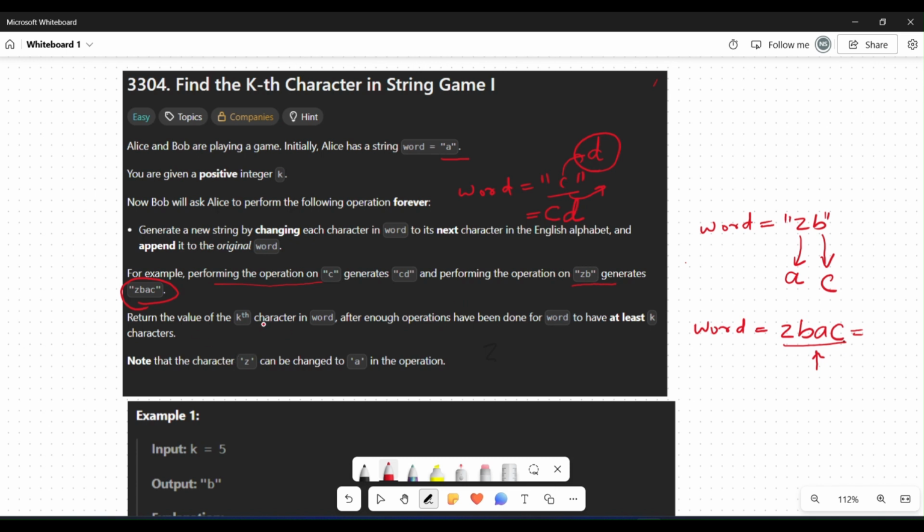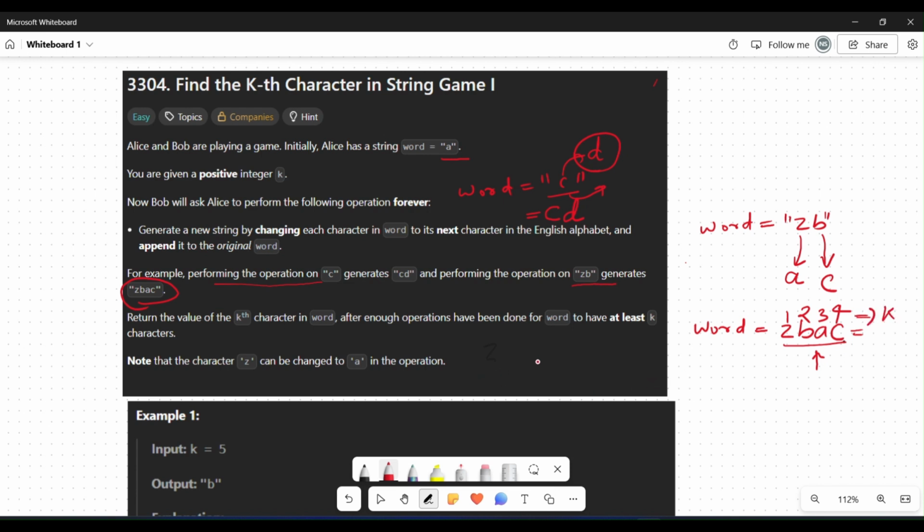After doing this, we have to return the kth character of the word. So starting from 1, 2, 3, 4, we have to return the kth character of the word.